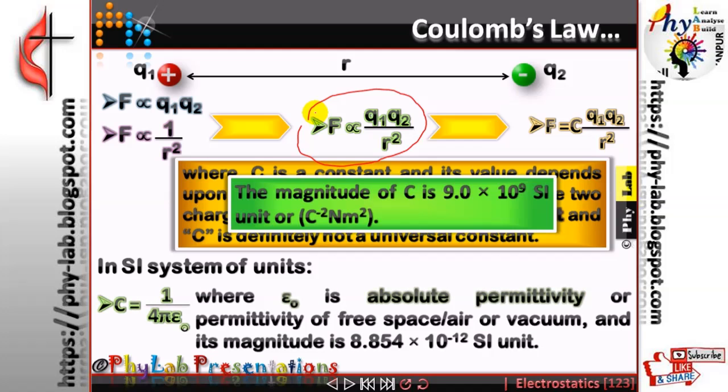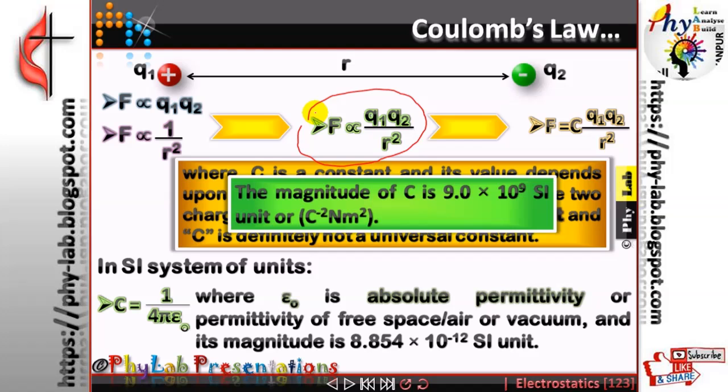this C is equal to 1 upon 4 pi epsilon naught, where epsilon naught is referred to as absolute permittivity, or permittivity of free space or vacuum. Now permittivity has a value of 8.854 into 10 to the power of minus 12 in SI units. Now friends, what is permittivity? We will discuss it in much greater detail in my further coming videos. Presently at this juncture you should be aware of the fact that C is 1 upon 4 pi epsilon naught for